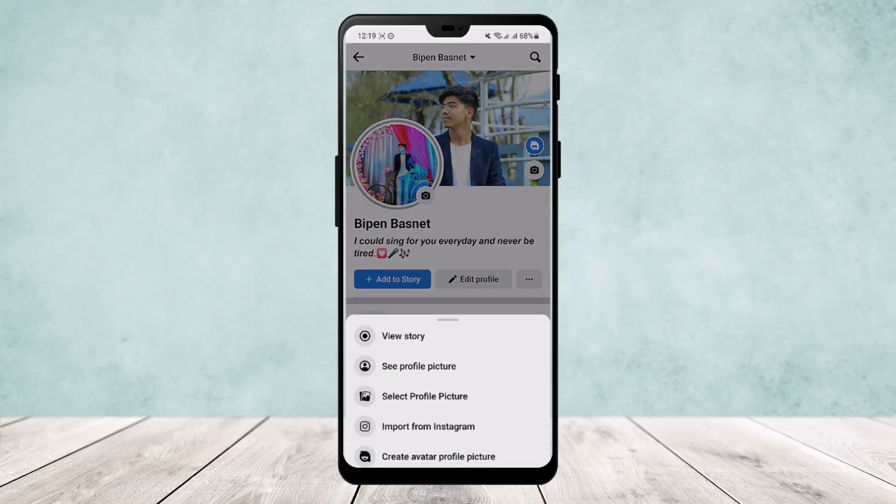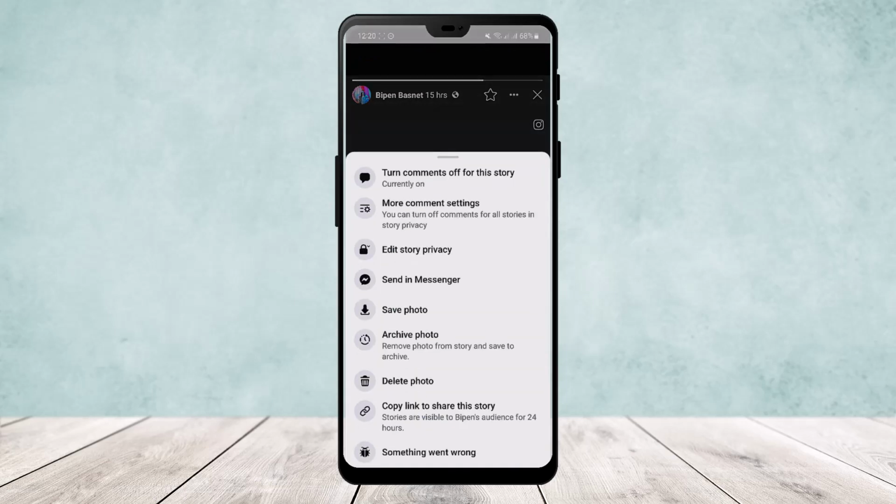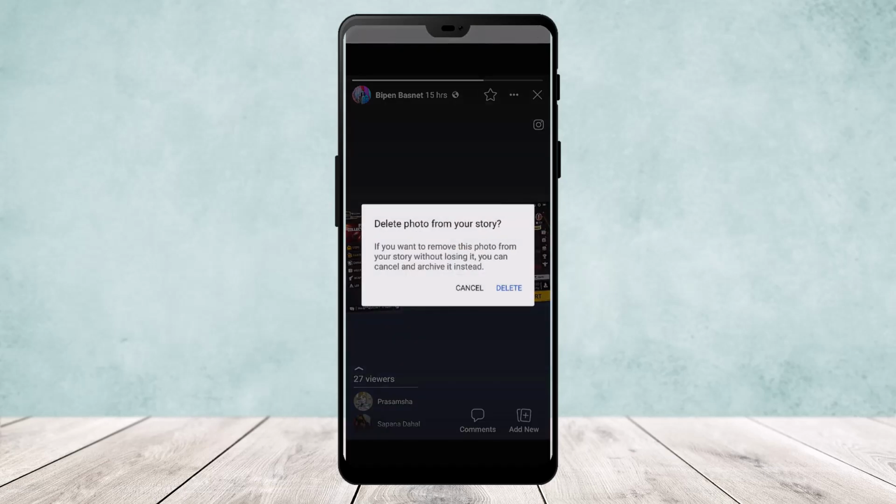Tap on your profile picture and you'll get an option to view story. Now tap on it. Once your story opens up, you'll get the three dot option on the top corner of your post, and here you'll get the option to delete photo. Now you can always delete your current stories from here, but if you want to delete all your saved stories